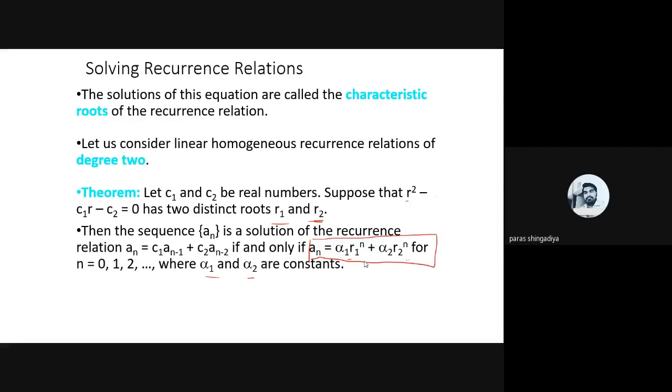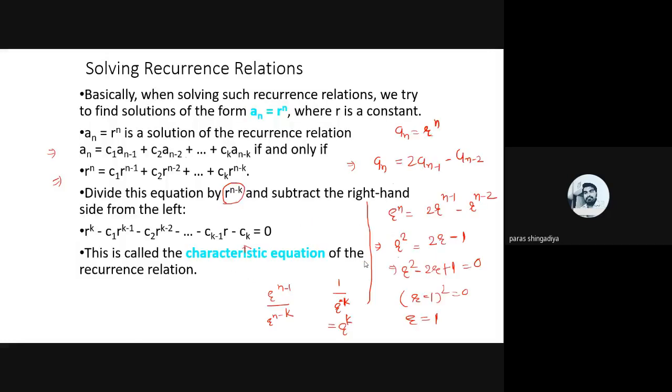Yes, that is the power there, just I consider as simple form. This term there, r raised to n minus 1 divided by r raised to n minus 2, when we divide by r raised to n minus 2 form. So just I can ignore the r here, n minus 1 by n minus 2. So what will be the remaining term? r raised to n into r raised to minus 1, and r raised to n cancel out, and this minus 2 goes up. So it will be r raised to 2 into r raised to minus 1. So what is remaining? R only. That is the meaning of this one.